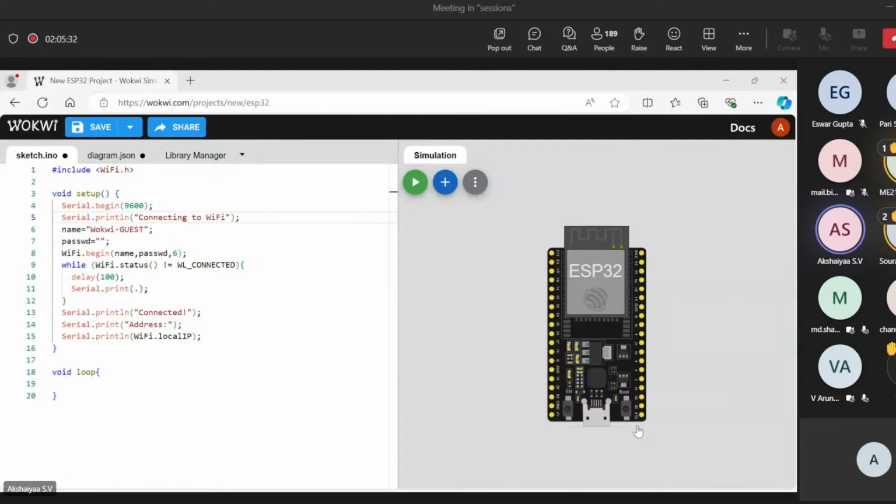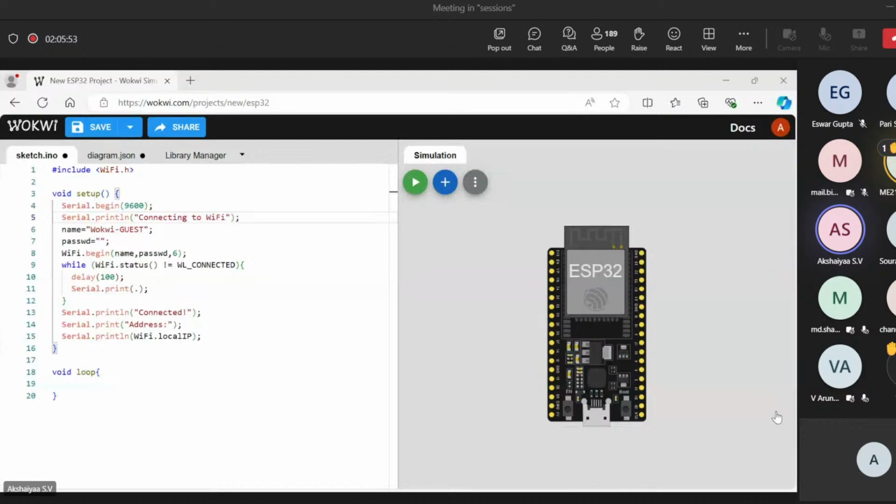No, that's fine. This is not going to take any time and you won't be able to speed it up either. Only if it gets connected, that's when we'll get it. We wanted to connect it to Wi-Fi. That's all this code is going to do. So I don't think you'll have to write anything in the void loop here. Okay, thank you. You're welcome.